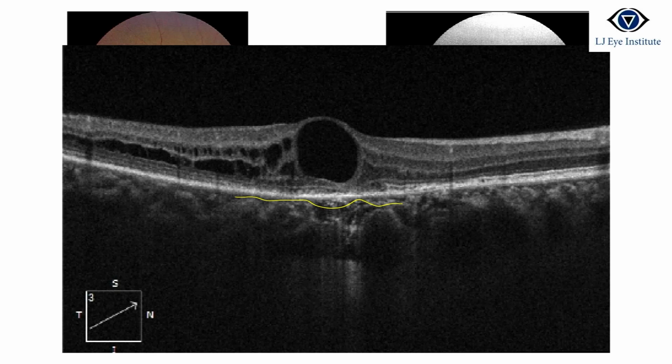But if you correlate clinically, it's a patient of CSR, then we know that this is not cystoid macular edema, but this is cystoid macular degeneration. Because when we do FFA in this patient, we will not get leakage. So this patient may not respond to anti-VEGF, but that is the only option we can offer in such patients. Now coming to diabetic macular edema, this is the most common entity we again see day in and day out.